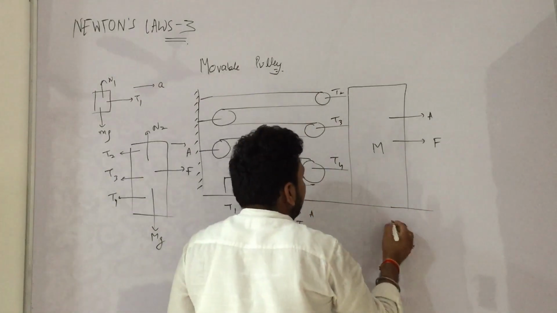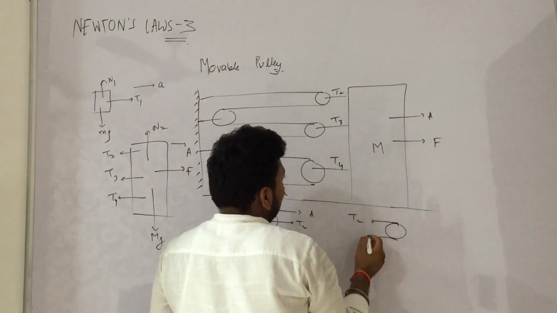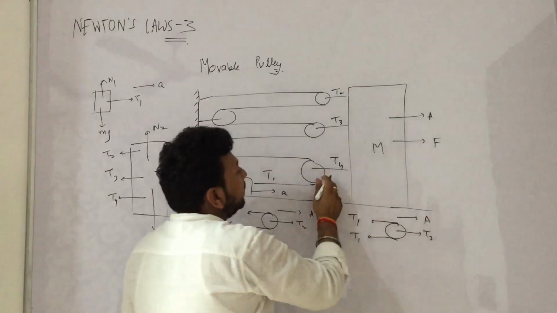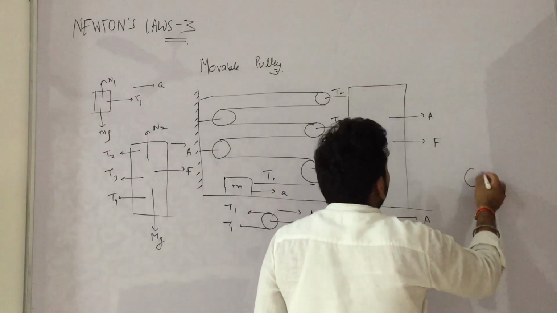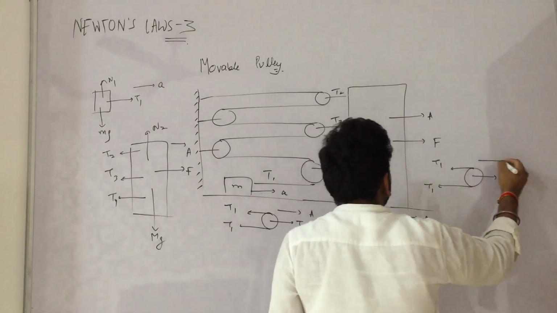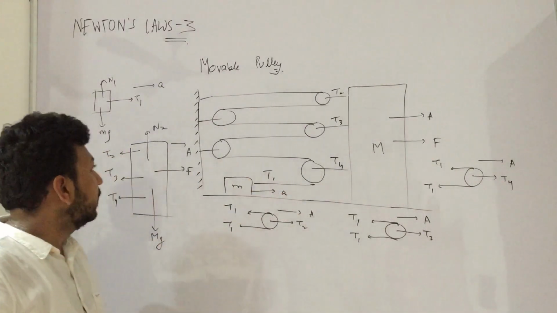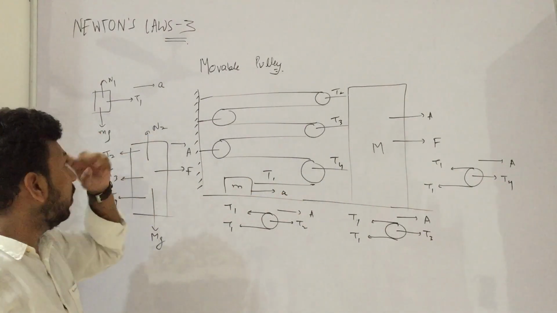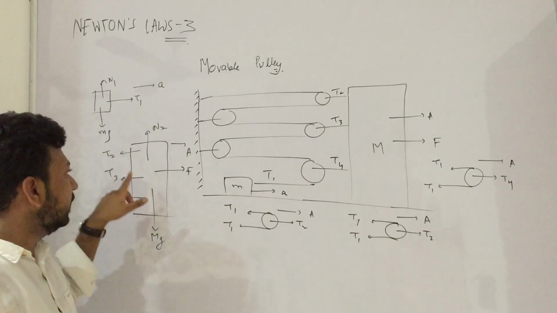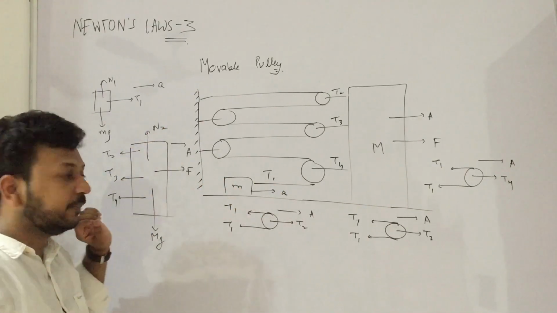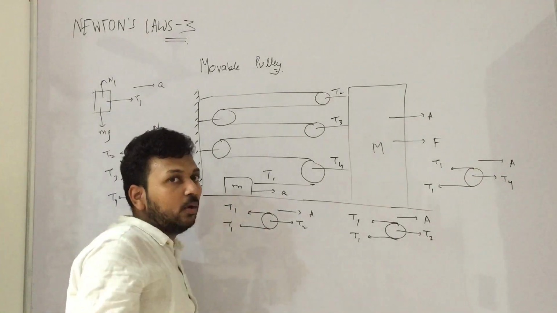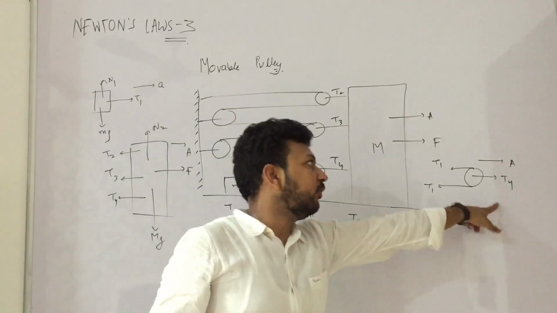Similarly, for all these pulleys, T1, T3, acceleration capital A. Similarly for this also, T4, T1, acceleration again capital A. Obviously the equations you can very easily form: N1 is equal to mg, T1 is equal to ma. For this also F minus these forces is mass into acceleration, N2 is equal to Mg. For this pulley, T2 minus 2T1 is equal to mass into acceleration, mass is 0. T2 becomes 2 times T1, T3 2 times T1, T4 2 times T1.